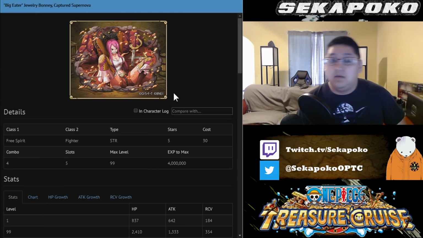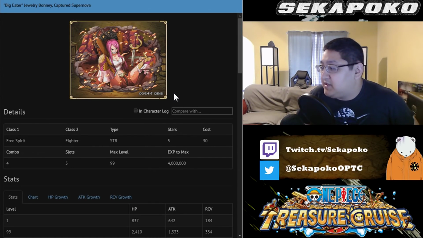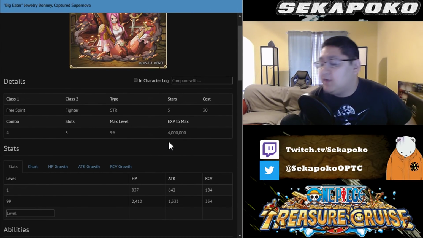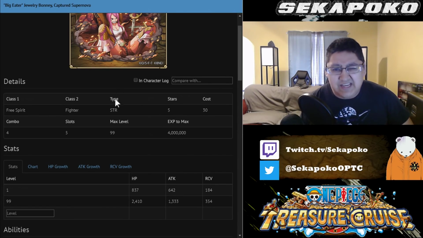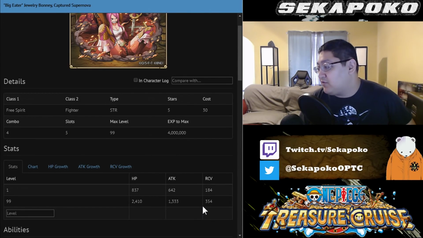This guy's awesome. And the next character we're talking about is the brand new Limited Rare Recruit Bonney. And Limited Rare Recruit Bonney is going to max out initially at 1,033 attack and get an extra 80 attack on a limit break, putting her up to 1,413 attack. She's also going to max out at 354 recovery. I think she has a 90 recovery, 80 recovery? An extra 80 recovery, putting her all the way up to